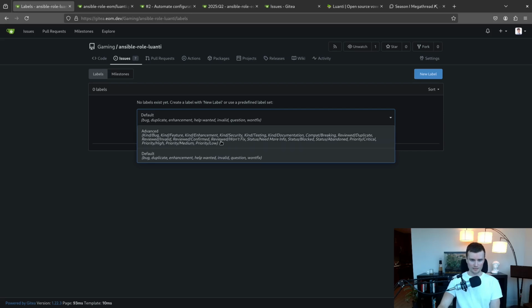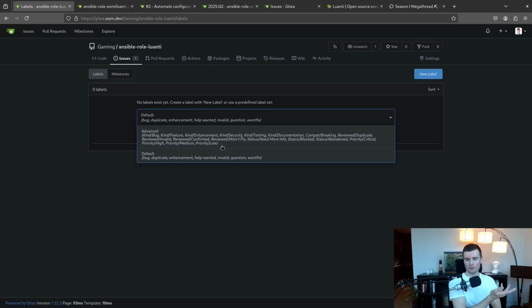Here's where it kind of makes sense. Let's say the kind is going to be feature, but this feature is going to be breaking compatibility. I'm going to then review it and confirm it, and we'll say that the status is blocked and the priority is medium. So okay, this advanced one makes sense.